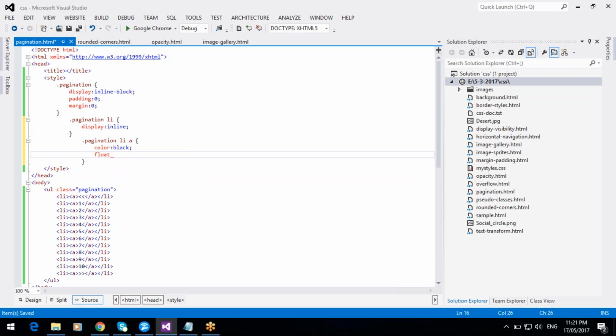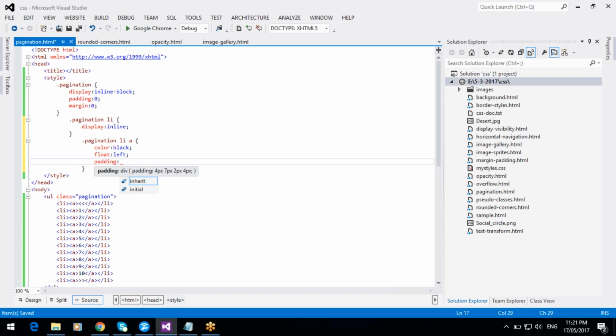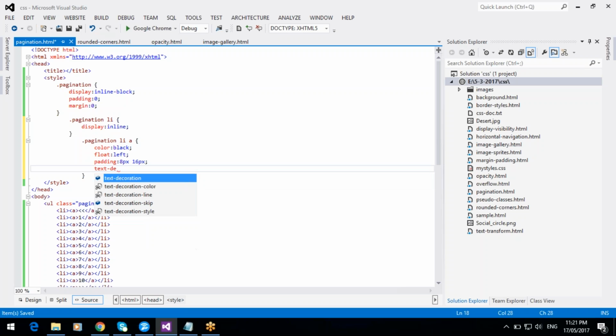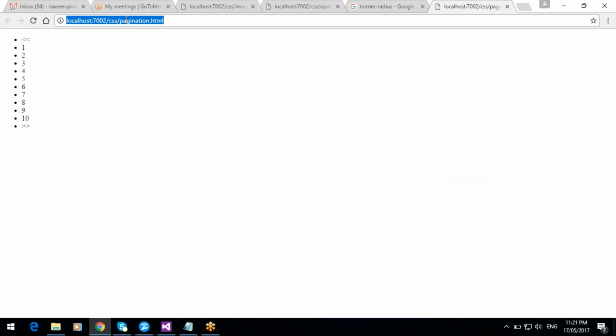next to float left, next to padding 8 pixels and 16 pixels, and text decoration none. So now run this example. Okay, so the pages styles will display like this,